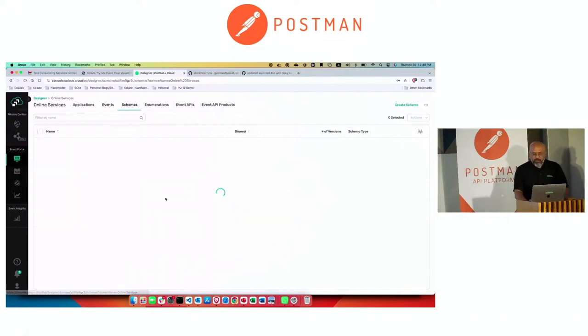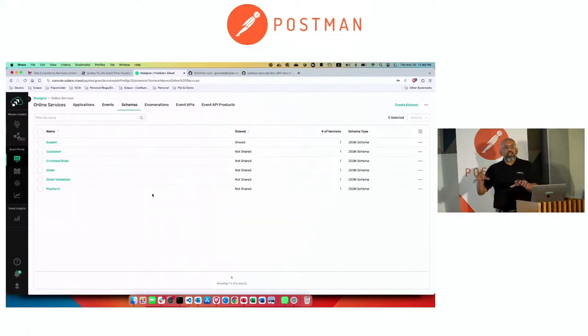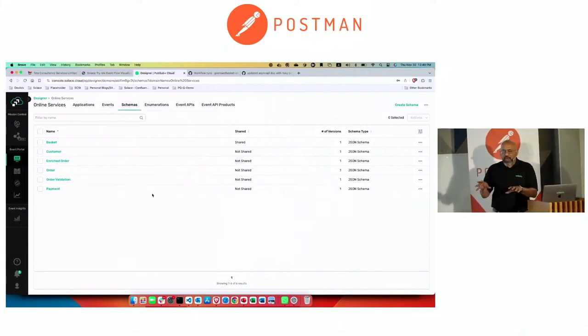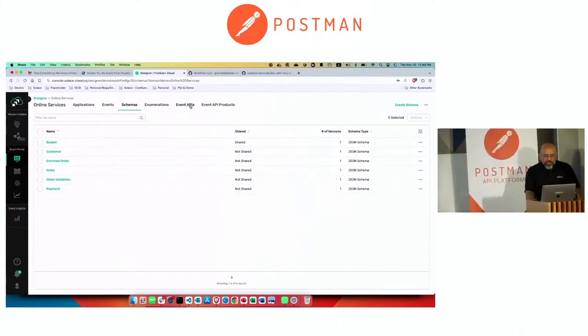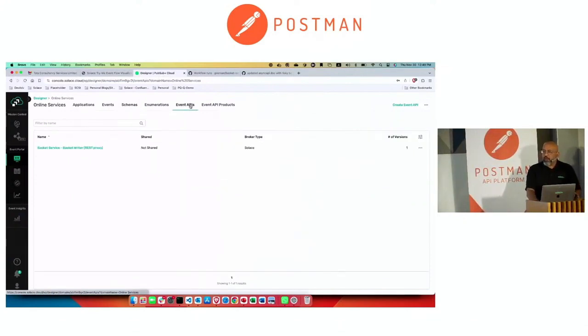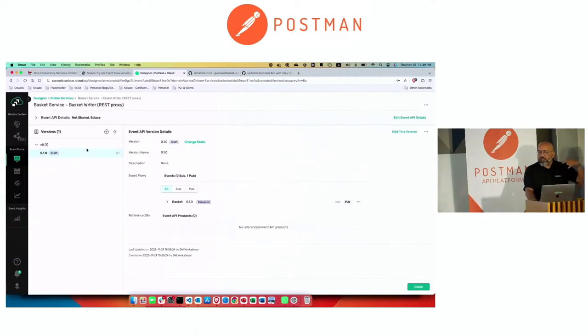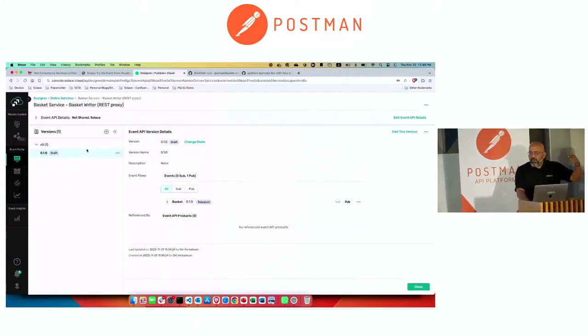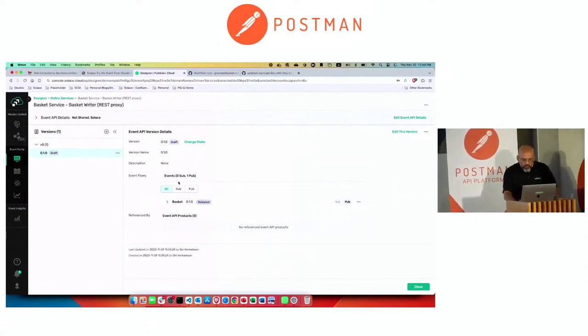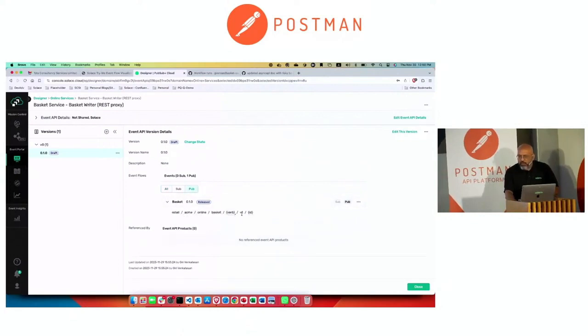And then the schema is referred to by this. So you can see pretty much anything and everything related to your EDA, basically your assets. Last but not least, this is the one that you will expose to the world. Your asynchronous interactions are exposed to the world as event APIs. You can also use the term asynchronous API, but what we say is event API. Of course, with the portal comes the responsibility of state management, version management, all those things. I'm not going to go into that. You can see here, this event API is permitted to publish one event, basket, on this topic, version 1.